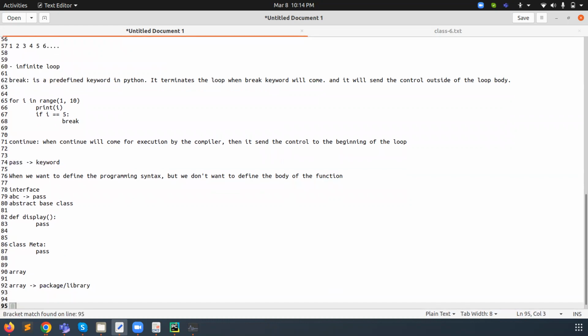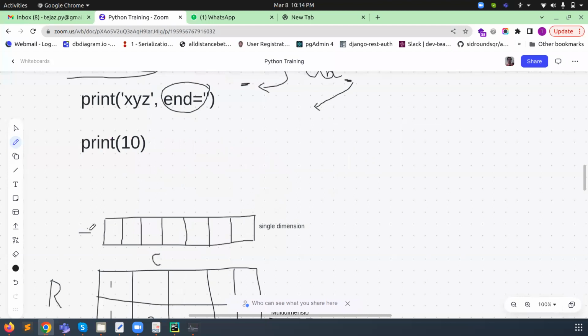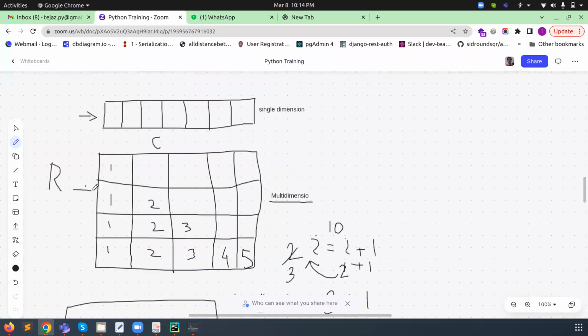Like in other programming languages such as C, C++, Java, or PHP, we define a single array and a multi-dimensional array. This is a single array, and this is a multi-dimensional array. When both rows and columns are available, more than one, it is called multidimensional.